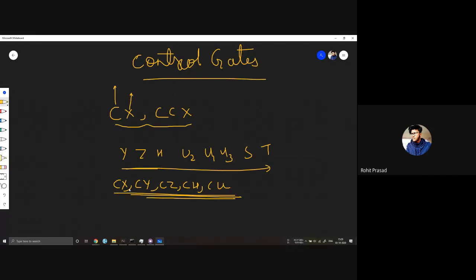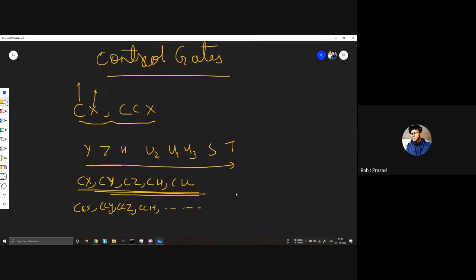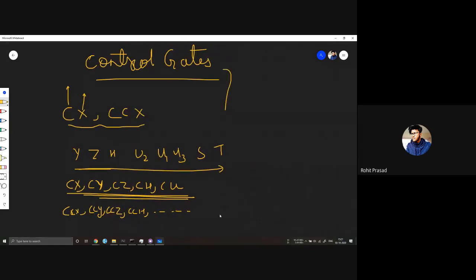C is the control, and it will apply the gate it's paired with when the control is active, and if the control is not active it won't apply the gate. Just like CCX, we have CCY, CCZ, CCH, and other gates as well. Okay, so these are the control gates.